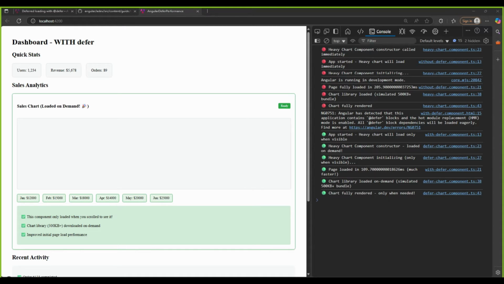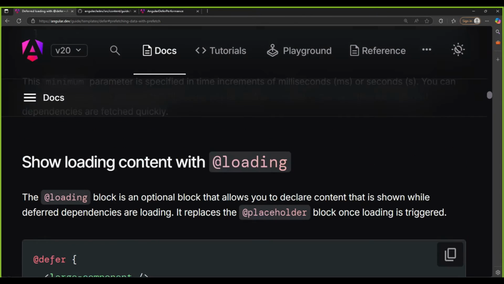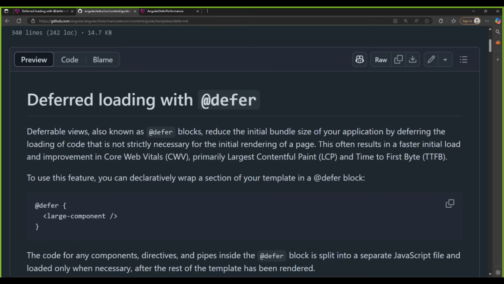Let's read the detail of the deferred from the Angular website. This is the Angular website, guys, and we can read it from here also. This is also the Angular GitHub page. So here we are reducing the initial bundle size of your applications by deferring the loading,